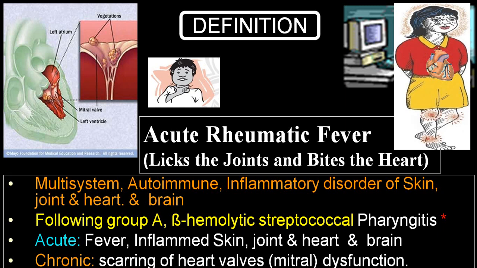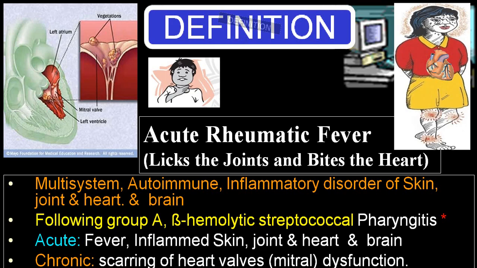While in the chronic phase, by and large, the skin recovers and the joints recover. You may have involvement of the brain occasionally, not very common, but involvement of the heart is very common. The most common involvement is the endocardial part, which is the valvular structures, resulting in scarring and destruction of the mitral valvular structure and the aortic valve. These two are the most commonly involved valves.